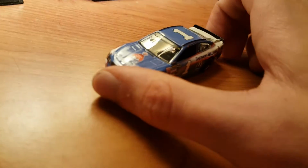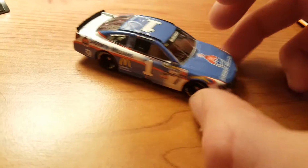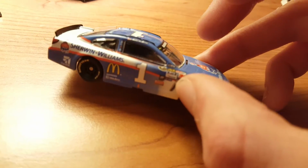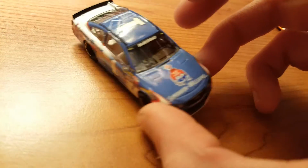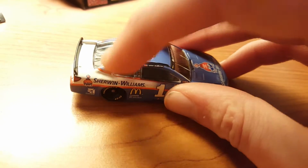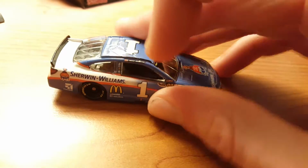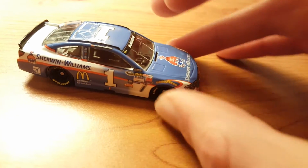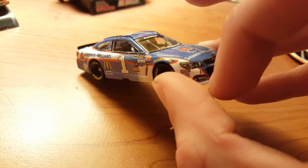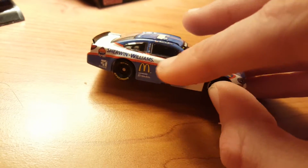Final 164 in this video, we have Jamie McMurray's 2015 Sherwin-Williams paint car. The main color, I would say, is blue. Let's go with that. Blue mainly on the hood and roof, stopping at the C-post here. That red line starting there goes down a little bit, fading out into the blue over there. Have this white sort of flame almost surrounded by the red outline, and like I said, the red